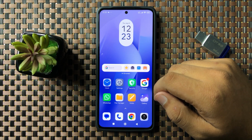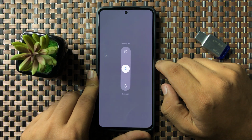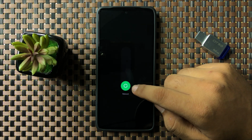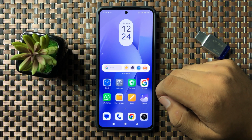So to fix this issue, first of all try restarting your phone. To restart, press and hold the power button and then swipe down this white circle, and when this circle gets green, you can lift up your finger from the screen to restart your phone. Now after restarting your phone, the screenshot issue will be fixed, but if you are still facing the issue then